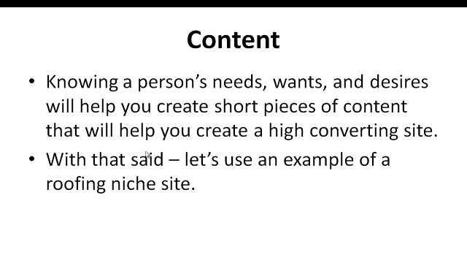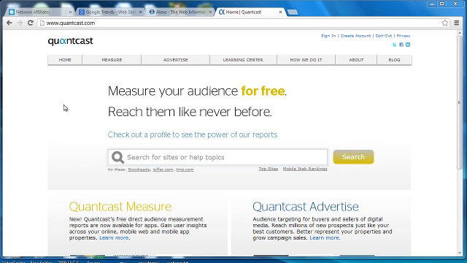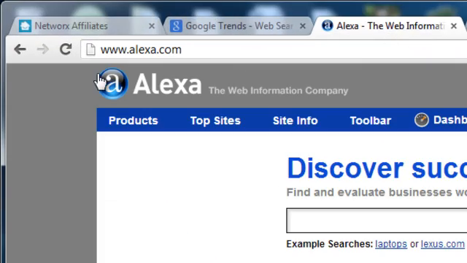So with that said, let's use an example here of a roofing niche. Before I build a site that appeals to people who are looking for roofers to either replace their roof or patch up holes in the roof that are leaking and repair their roof, I need to do a quick customer profile. So what I want you to do is go to a site called